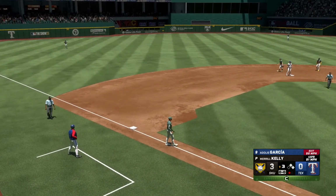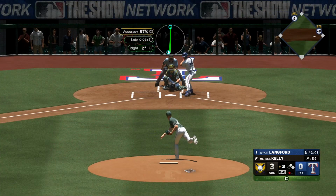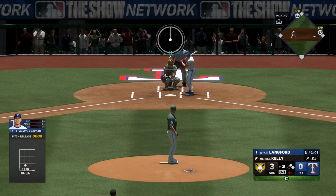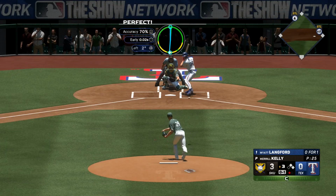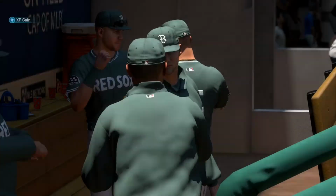Quick throw back in. Lead runner holds at second with one gone. Back-to-back base hits. I know that was a ground ball, but it was absolutely hammered through the infield. That's not one you're excited to get in front of. Makes the catch for the second out. And that